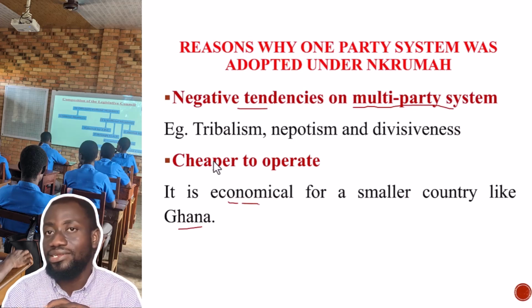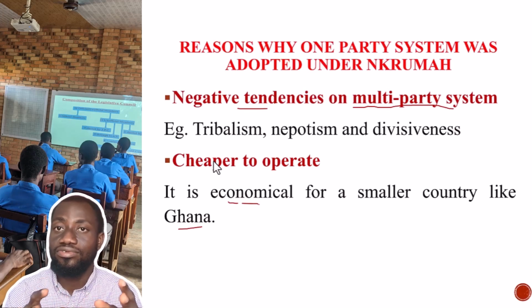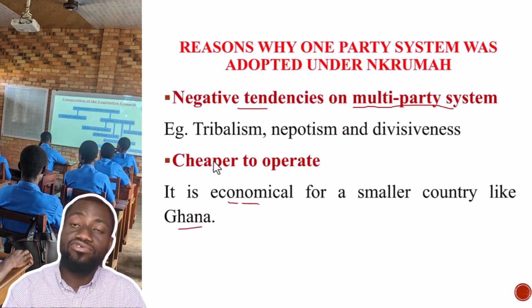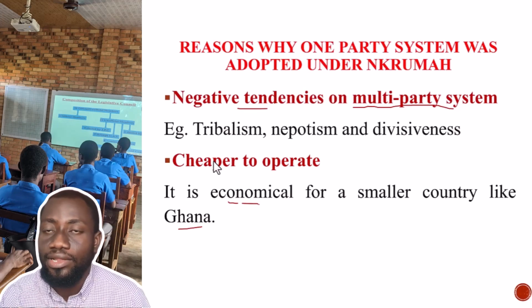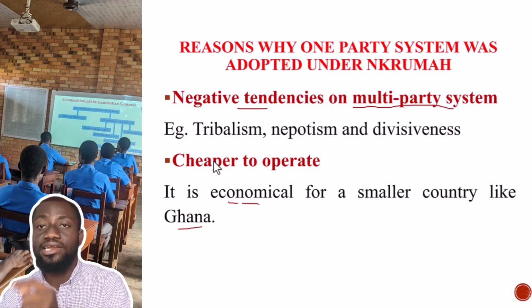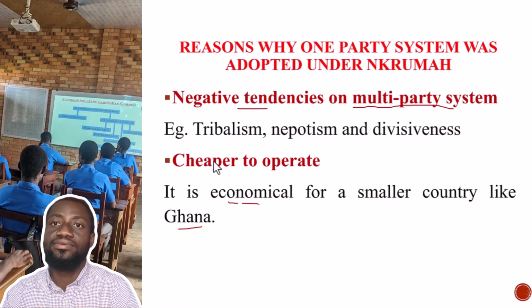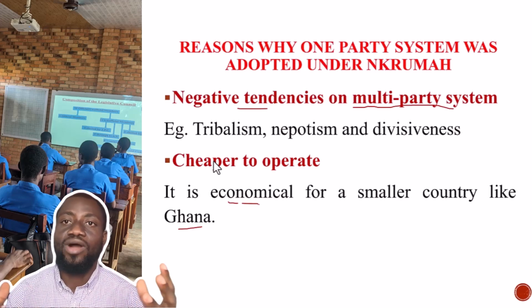to conduct an election. My friend, it's not easy. $30 million to conduct an election. So it is cheaper. There are some African countries, I can tell you, that lack funds to conduct elections. And I can also tell you that we go to the international community to borrow to conduct elections in this country. So where is the sense in this? If you are not up to the task, why worry yourself?